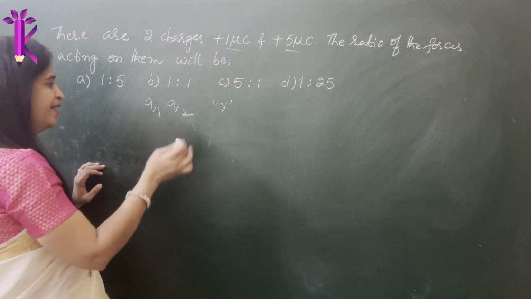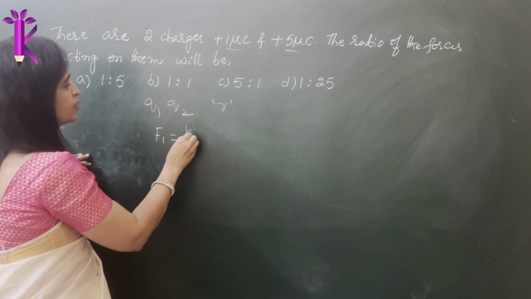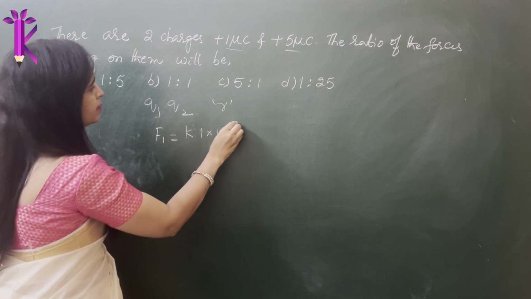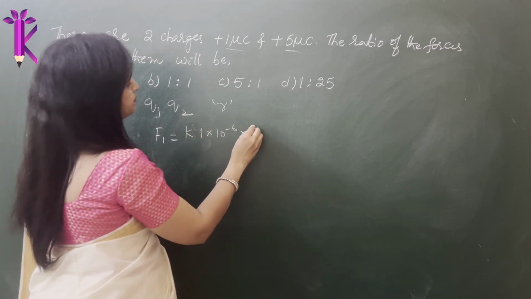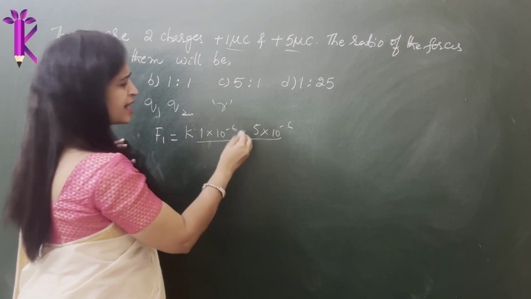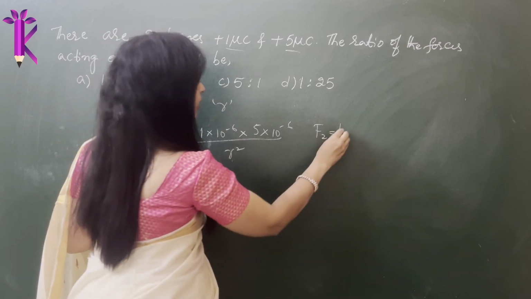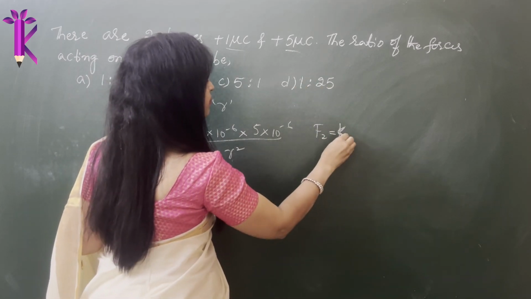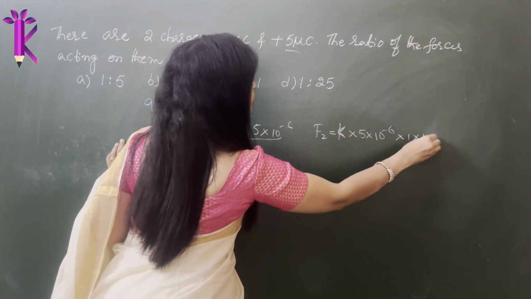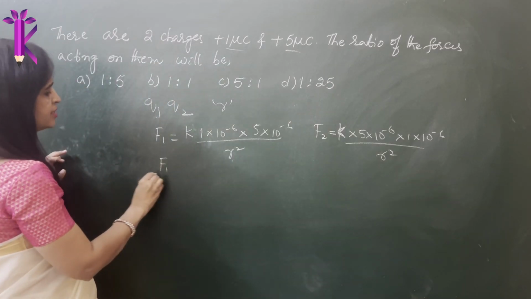Now let's calculate F1. Assuming between Q1 and Q2, F1 is K into Q1 into Q2, that is 1 into 10 to the power of minus 6 into 5 into 10 to the power of minus 6, whole divided by, we do not know the distance R, let's keep it as R square. Similarly, F2 will be equal to the same K into the first charge, that is 5 microcoulomb. So it just gets reversed, 5 microcoulomb into 1 microcoulomb whole divided by R square. Now you need to know the ratio between the two forces, F1 divided by